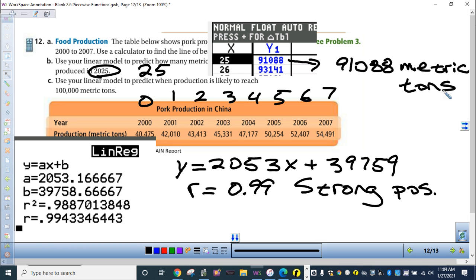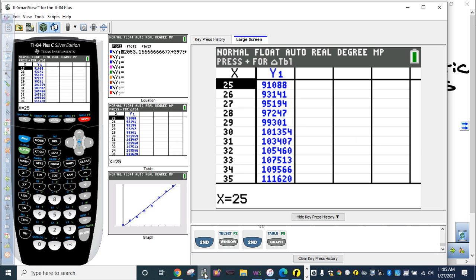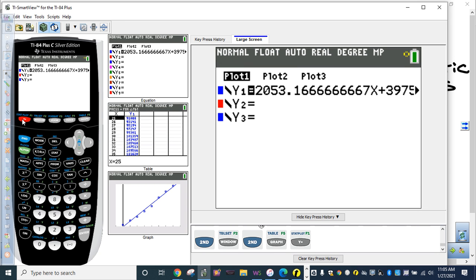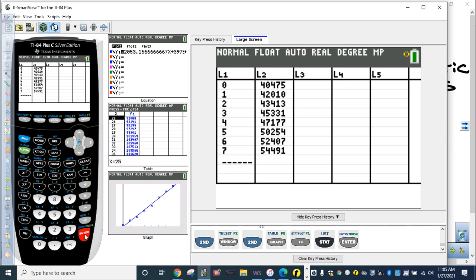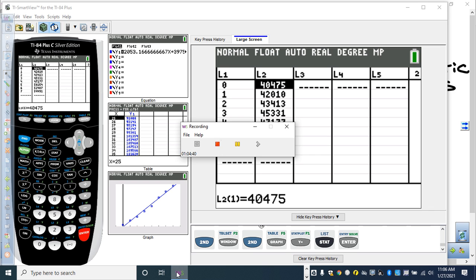When you did the 25 thing, can you hit y equals and double check that your equation is in the y equals? Okay. Next thing we're going to check is stat and then enter. I wanted to keep the video going, but let me just